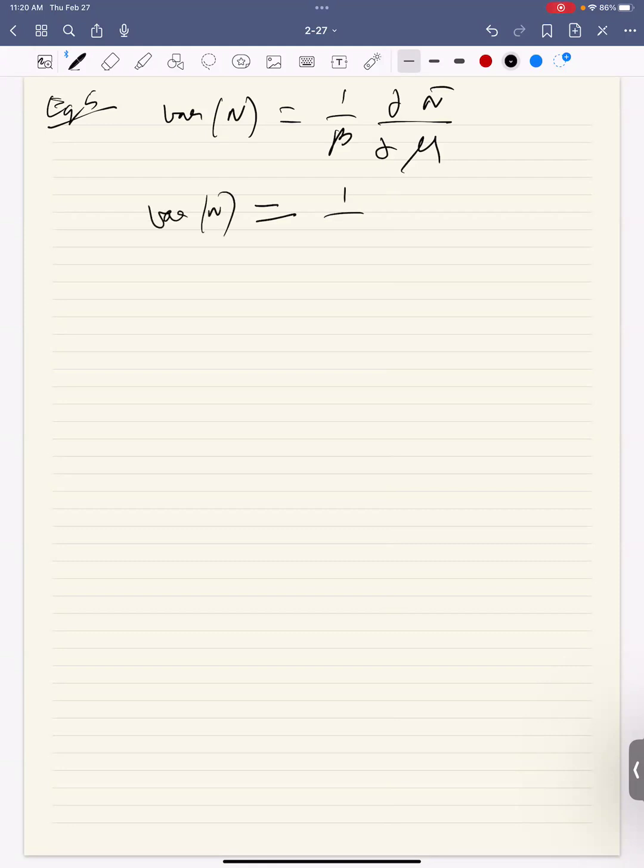Equation 5 was variance of n is equal to 1 over beta, partial n bar by partial mu. But I know that n bar is equal to 1 over beta, partial ln z by partial mu. So in other words, variance of n is equal to 1 over beta squared